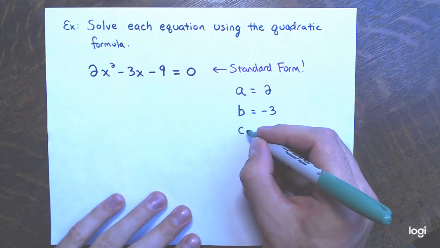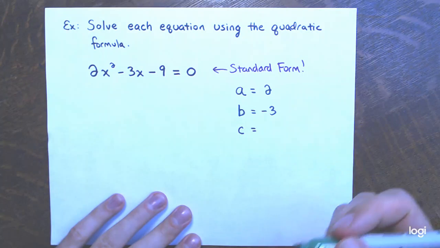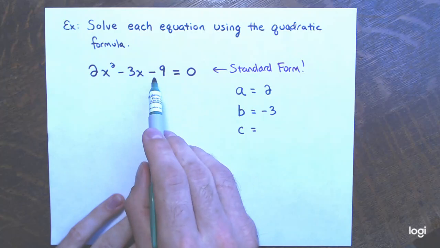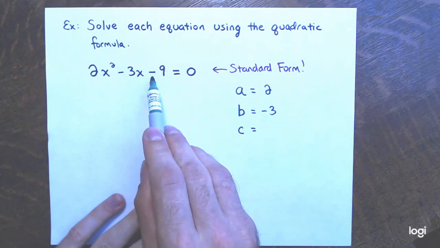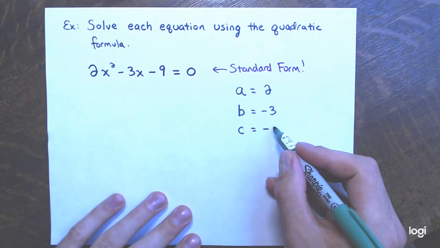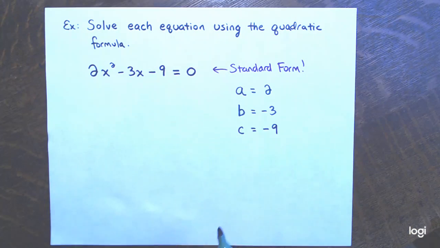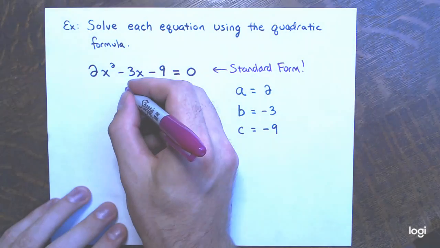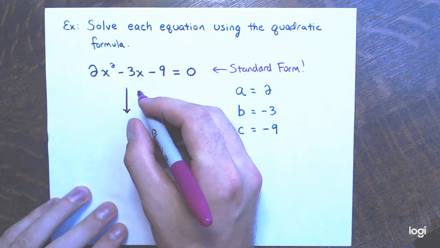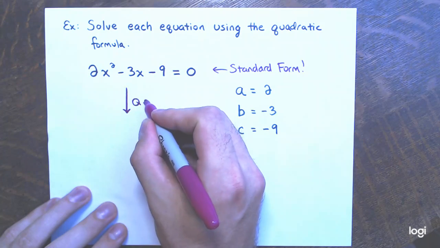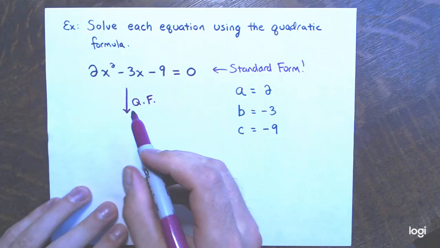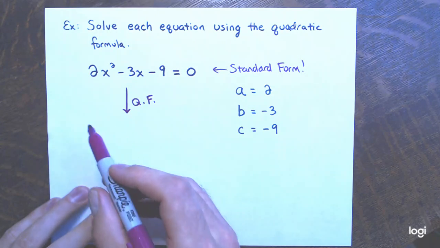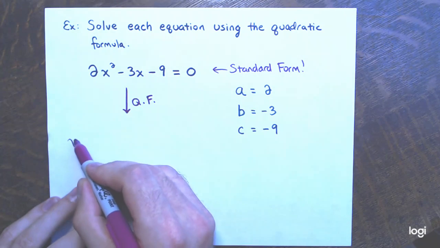And then the lowercase c is the constant term, the term that doesn't have a variable on it. That's the negative 9, not just 9. Again, you can write this as plus negative 9. So I identify the coefficients. And then since it's in standard form, I can jump to the quadratic formula. Now I'm going to just put QF for quadratic formula and say, I know what the solutions of this equation are. The solutions are x equals,